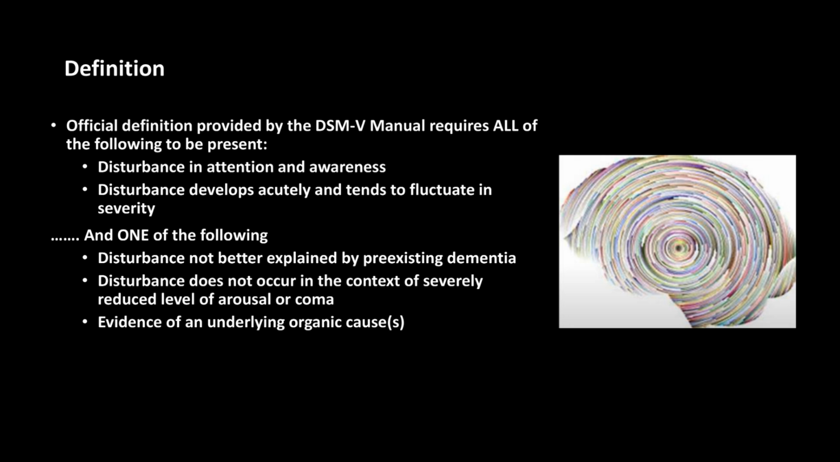The definition of delirium comes from the DSM-5 manual. According to the DSM-5 manual, the patient must display both disturbance in attention and awareness, and this disturbance needs to develop acutely and fluctuate in severity. In addition to these two criteria, the patient needs to display one of the following. The disturbance cannot be explained by a pre-existing dementia. The disturbance does not occur in the context of coma or reduced level of arousal, or there is evidence of